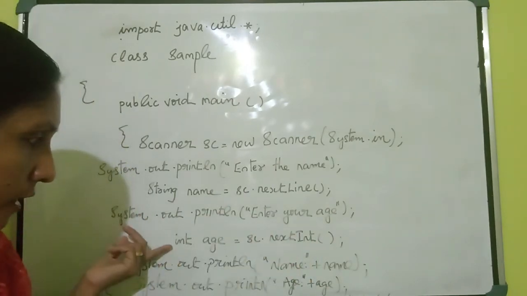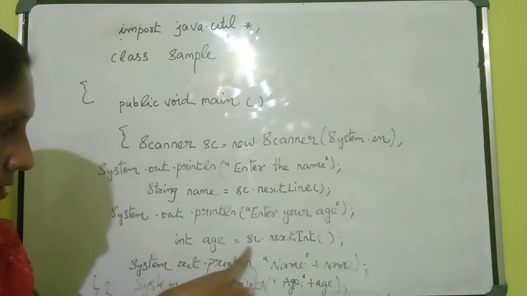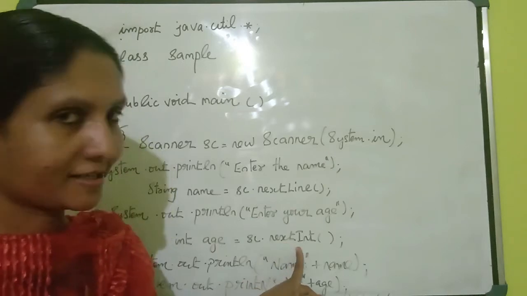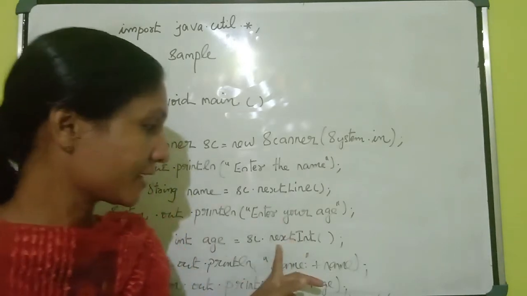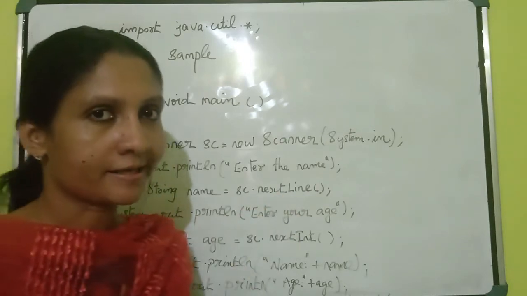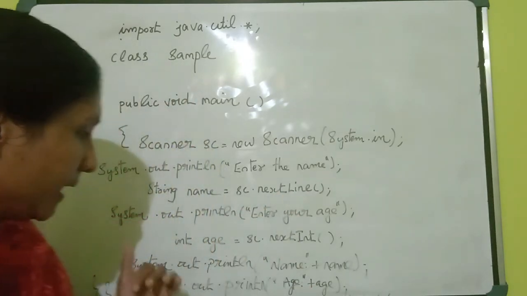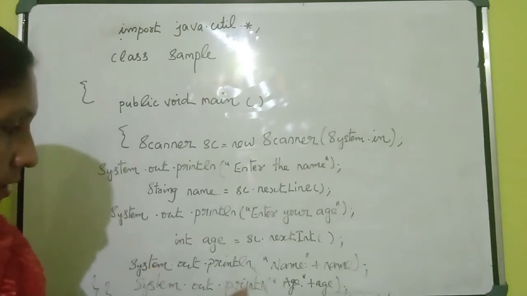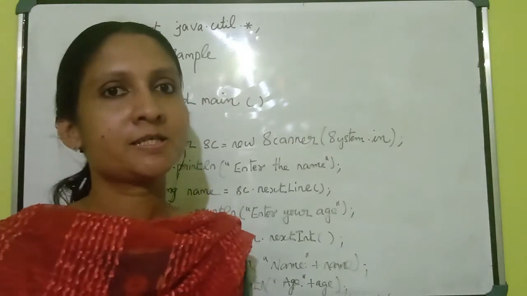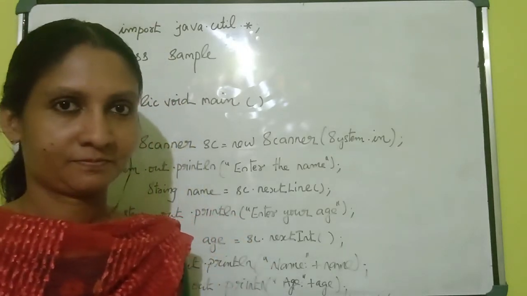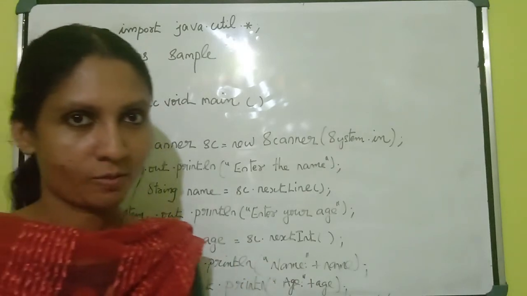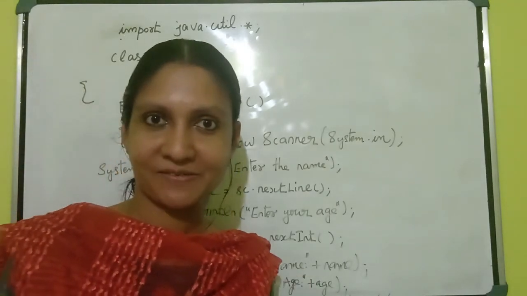If it is a float type value, how can you read a float? age = sc.nextFloat(). If it is a double value, sc.nextDouble(). If it is a long type value, nextLong, like that. And character type values, next().charAt(0), like that you can read it. Then after that, I print all the values. Understood all of it? It's very simple. With small functions, we can do the program. These are small statements, so we can practice with problems like this also. I hope you all understood this one well.